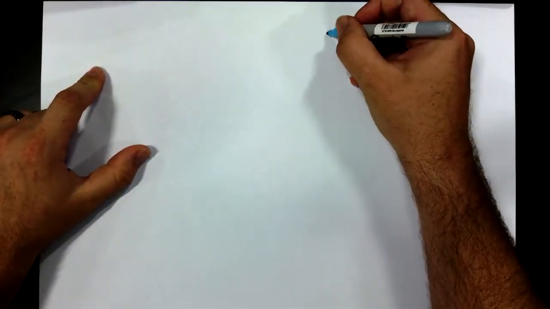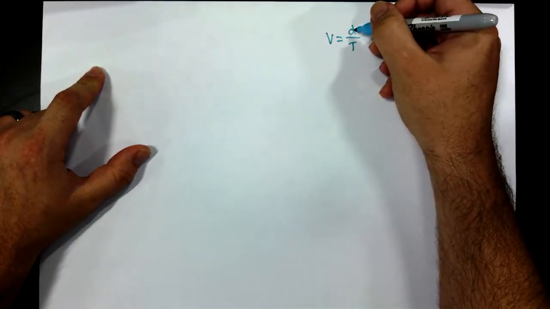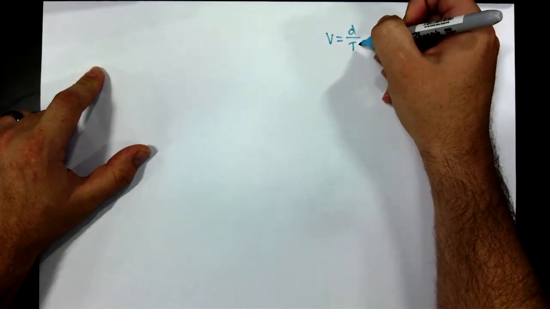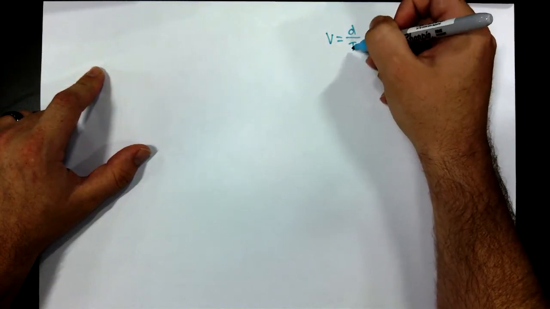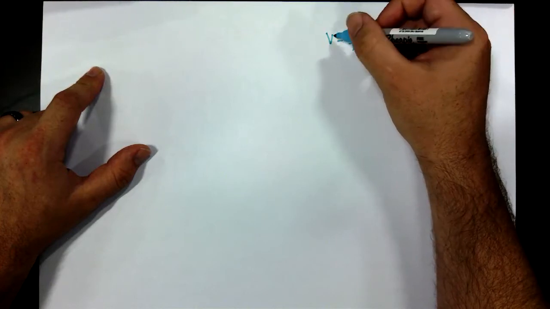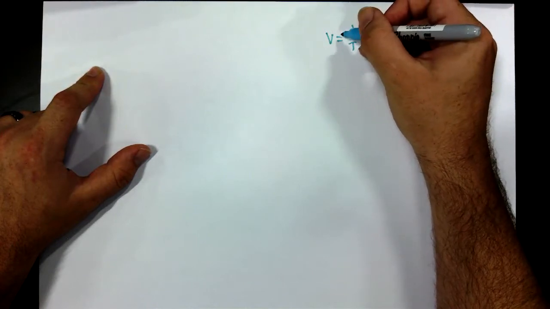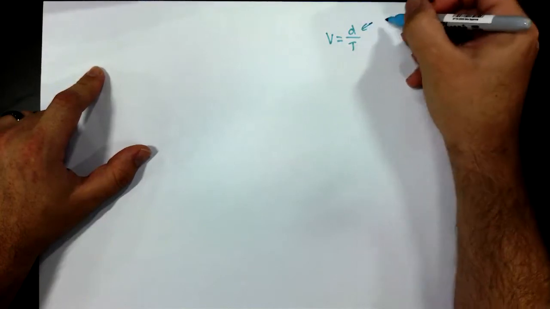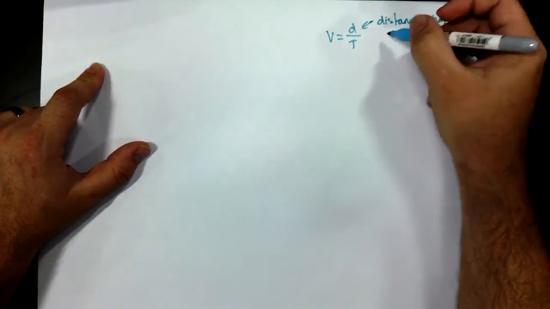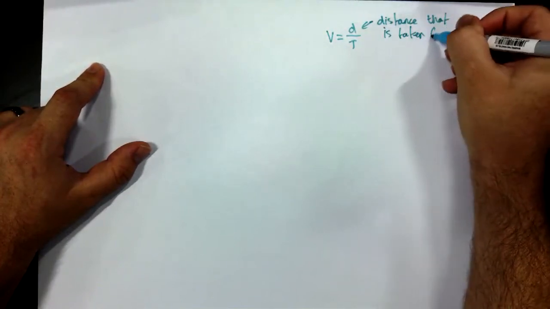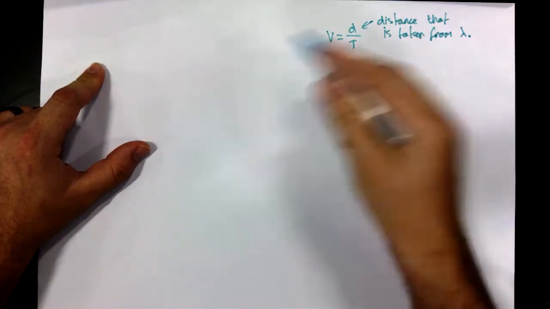Well, we know from the equation velocity equals distance over time that, in an amount of time relevant to the wave, say the time period, in one time period of this wave, based on the velocity of the object, this distance here is the extra distance covered, or effectively the distance that is taken from the lambda, or from the wavelength, which is an important point to consider, because we can now rearrange that